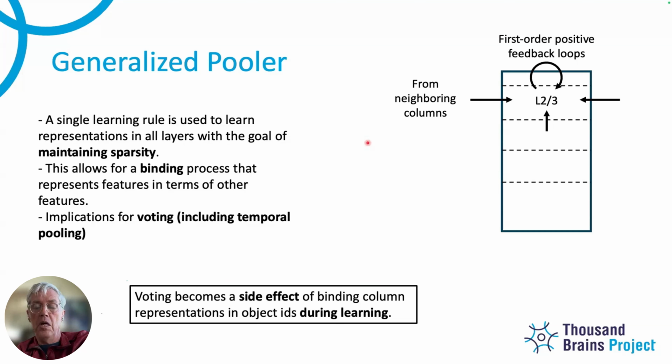It doesn't have to be time. It could be just the location on the object, which is coming from layer 6, which is determined by the movement of the sensor, and that's the whole Thousand Brains Theory, right? That would be the context. Just think about border ownership cells. In the context of the tiger on the rear leg, I expect to see this feature. I can see that same feature someplace else in other objects, but in the context of a location on a particular object, that feature is expected. Or part of the logo is expected on the mug at this location on the mug, but the logo could also be on a hat or on a t-shirt or something else.